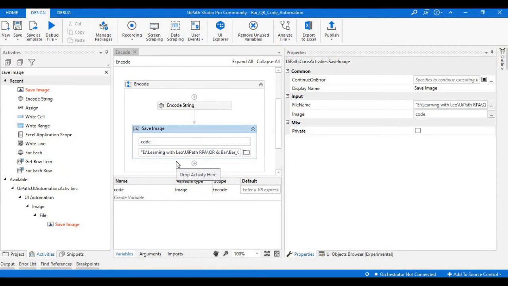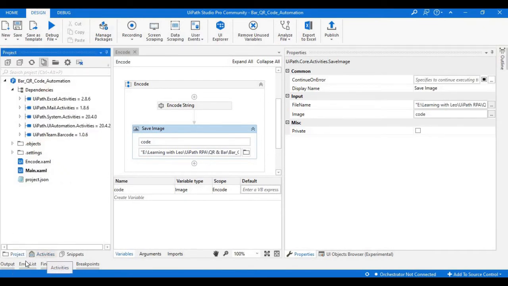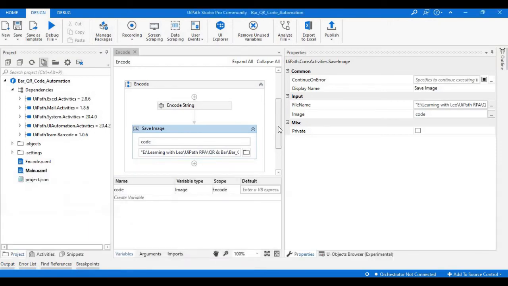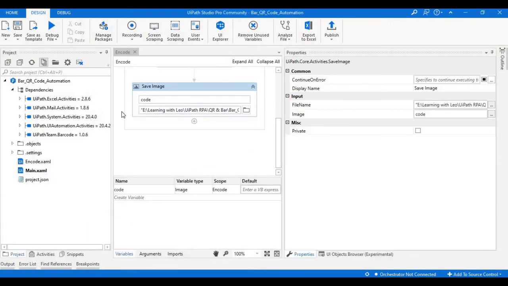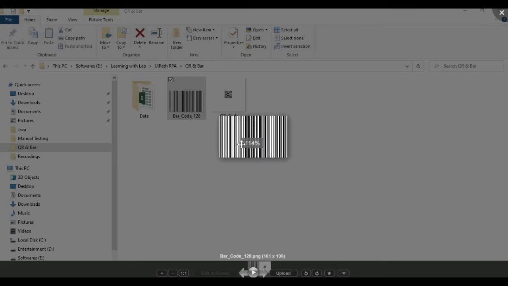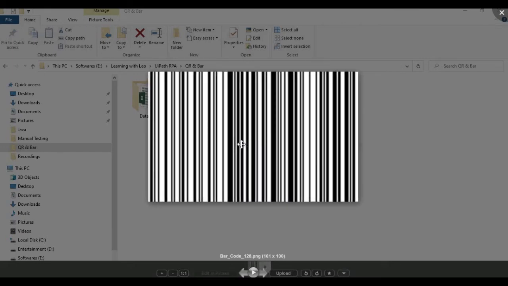Yeah, now execution is started. So it is very quick. If you see this, it just created a file in 4 seconds. Earlier it was the first time I had downloaded that package, so that's why it took time to load all the packages. Here if you observe, we can see the barcode as 128 is generated. Here we can clearly see our data is stored in this barcode.